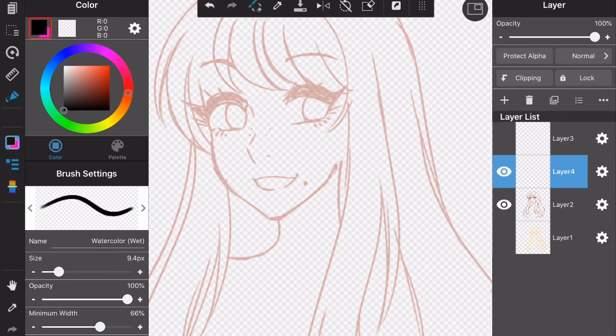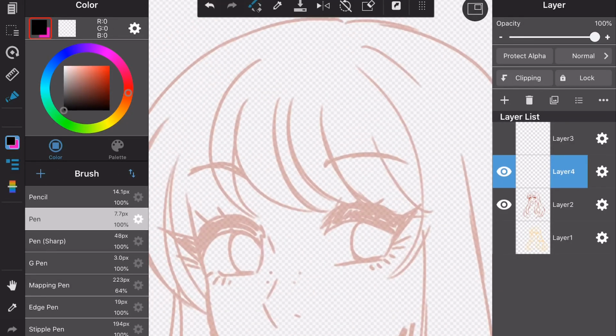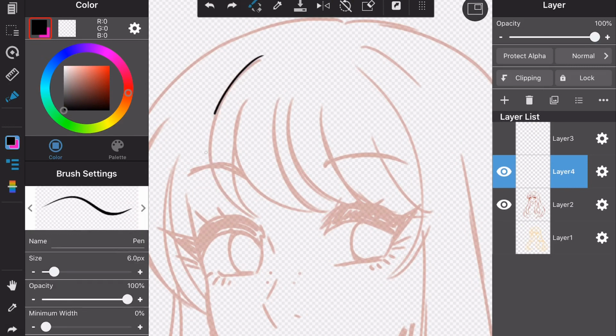Hi guys, today I'm going to be doing a tutorial on how to draw and color hair. Our model for today is Zachary because Zachary has a pretty simple hairstyle. It's long, it's straight, there's not a lot going on as far as the texture goes, so this is a pretty good starting point because when we're going with hair, we're going to start with the basics, something simple, not